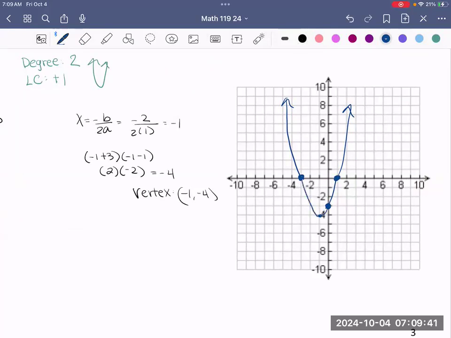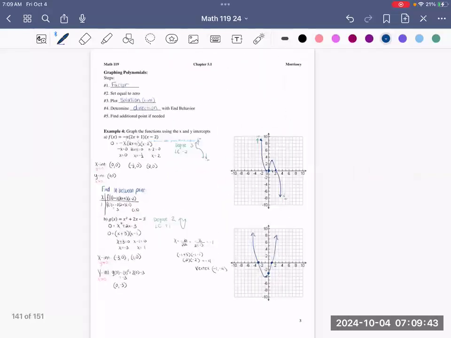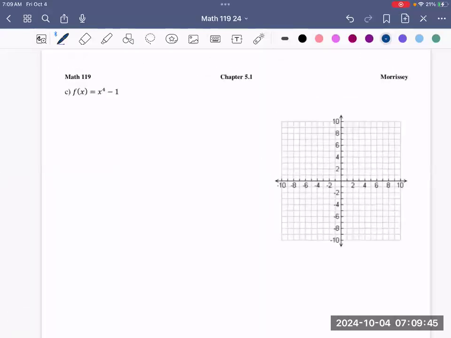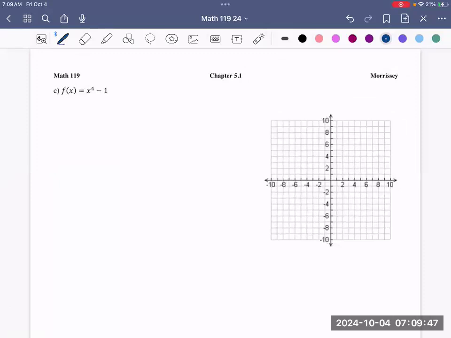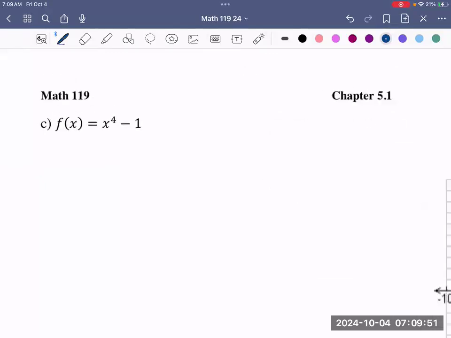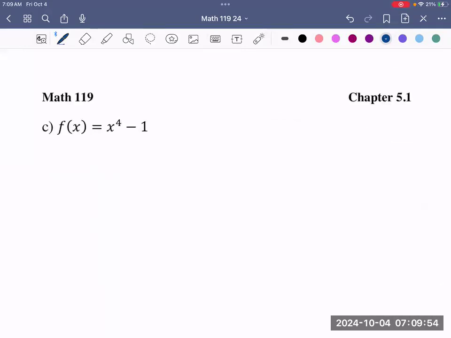So if you needed an extra in between point, let's have you graph one more. All right, so when it's in this form, we could do one of two things if we're trying to factor. So if you wanted to take the factoring approach, keep in mind, we talked about how to factor when it looks like a